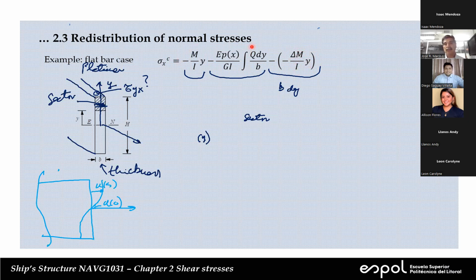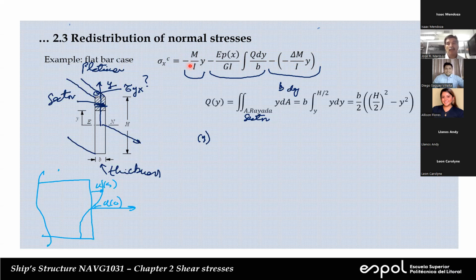At the end, the three terms will produce a normal stress distribution which recuperates the bending moment, okay? So integrating this and integrating that, we obtain the same value, delta M, but with different sign, okay? So integrating these two cancel each other,